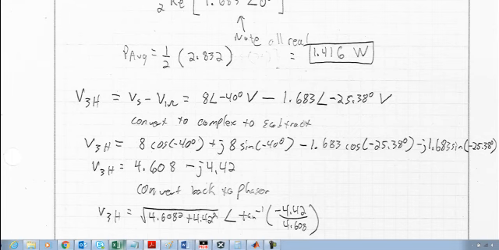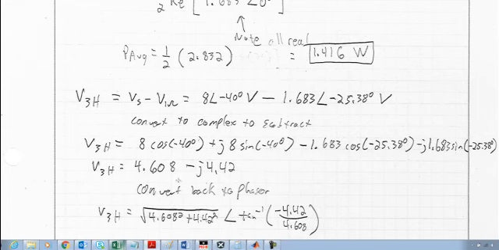Now in order to subtract two phasors, I have to convert them back into the complex pairs that they represent. And so this is going to equal 8 cosine negative 40 degrees. That's the real portion coming from this phasor, plus j times 8 sine of negative 40 degrees. That's the imaginary portion. And then likewise we do the same thing over here. R cosine phi minus j times r sine of phi right in here. Okay, and so we have that, and then when we combine those components, this ends up being 4.608 minus j